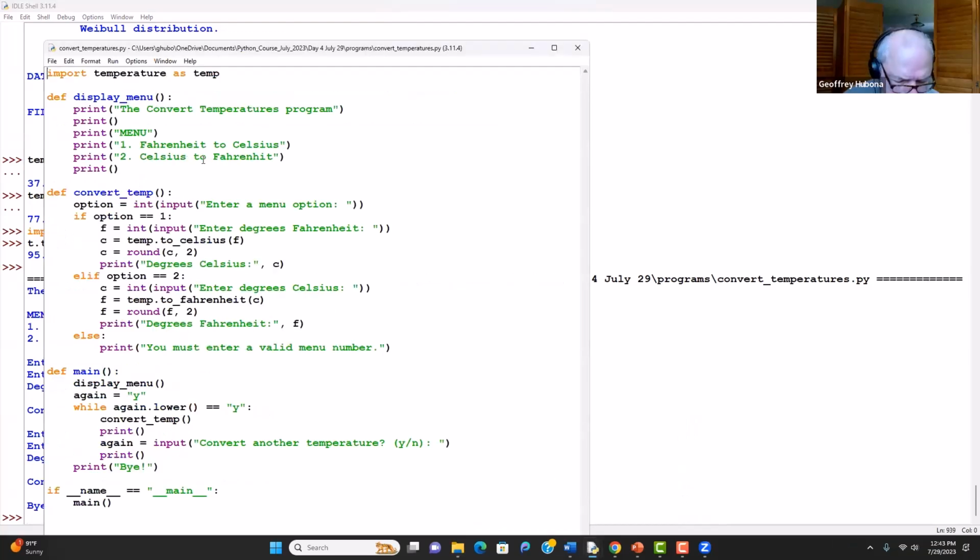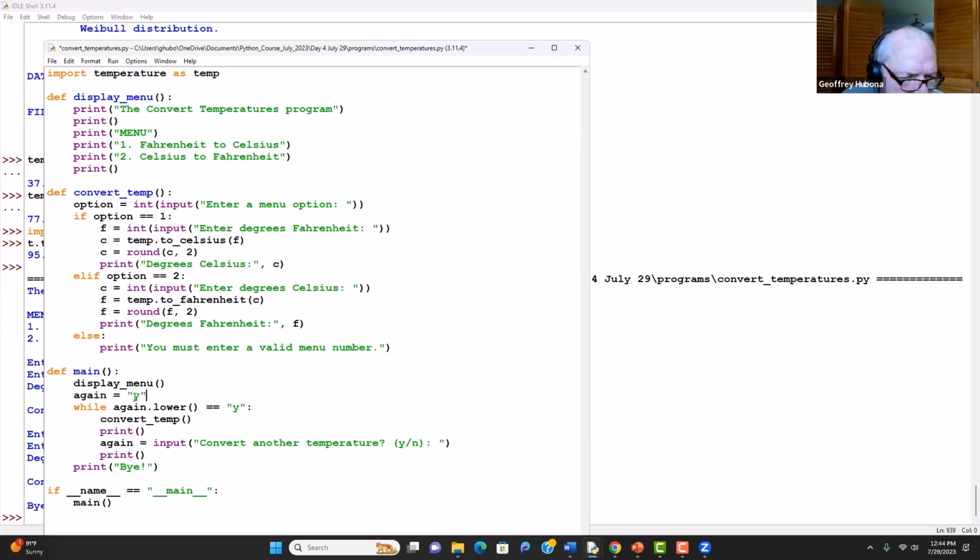And what do we have here? We have only 3 functions. We have the display menu function that prints out all the instructions, and this is misspelled here. It should be EI, which is called by main. Then within a while loop, we